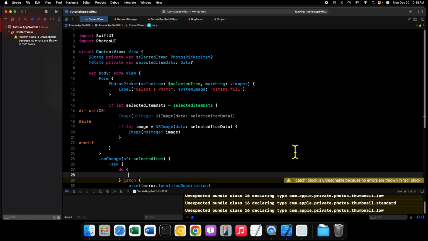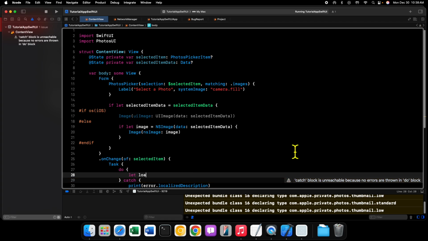This operation can throw as well as it being asynchronous. So we have to wrap it in a do try here. We'll say let loadedImage equals try await,